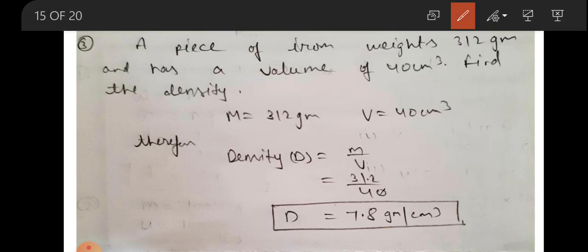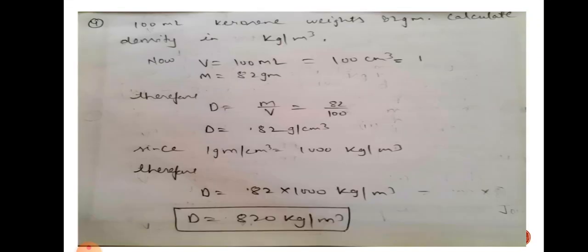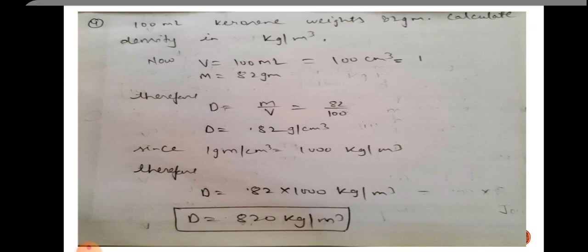a piece of iron weighs 312 grams and volume is 40 centimeter cube. Find the density. So we simply have to calculate density. We know that density is equal to mass upon volume. So mass is 312 grams and volume is 40. So on solving, we get 7.8 gram per centimeter cube. Now moving towards the next question, which is